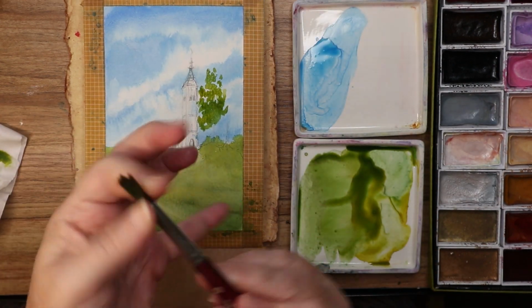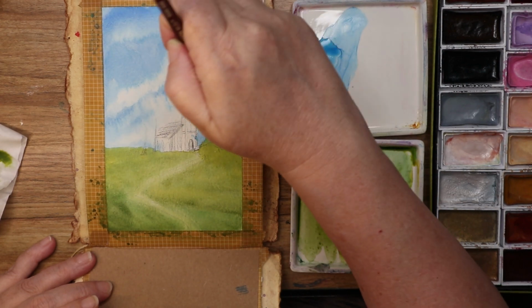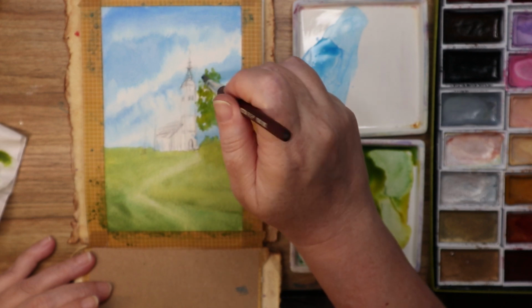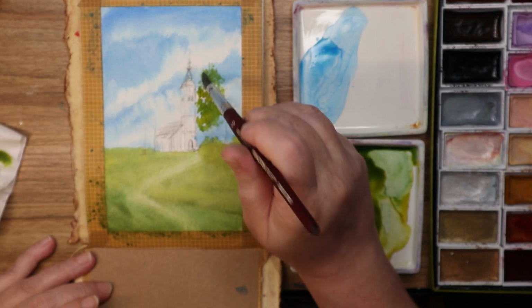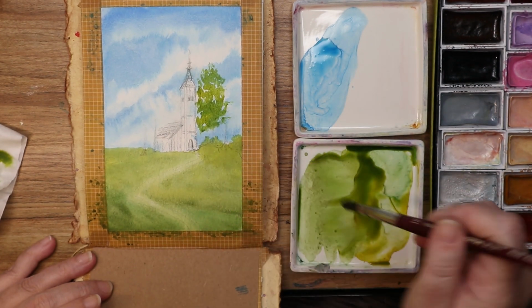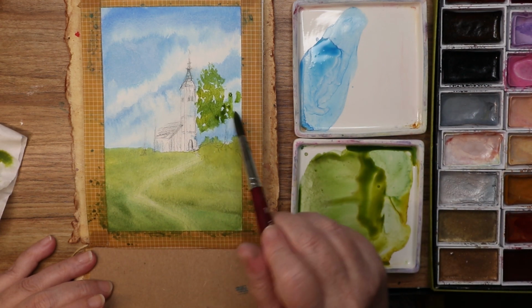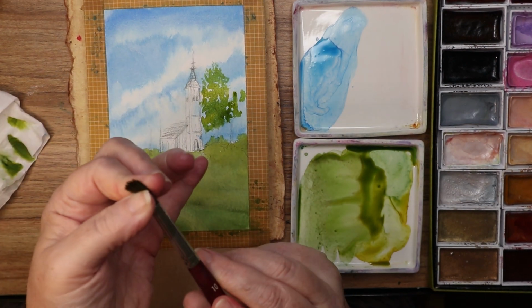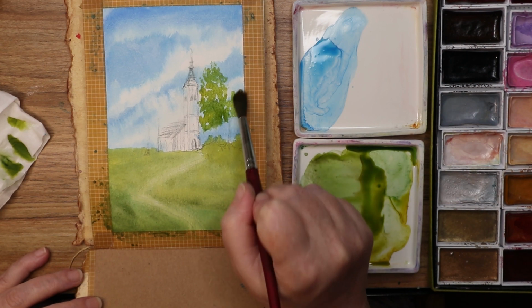Splay those bristles to get more textures in your trees. Like that. More little textures, details. Peeking and poking up from the sides and whatnot. Okay, and then we're going to put another one over here, kind of rolling off the side of the page. I'm going to splay my brush again, purposely, and then kind of